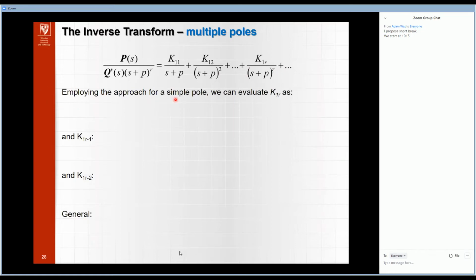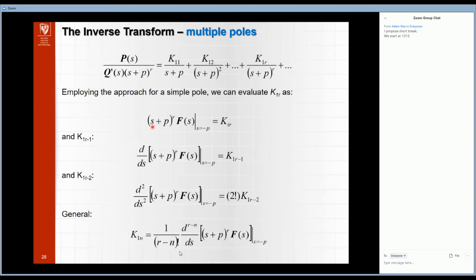We can evaluate K1r in this way, and the same for the others. We just multiply both sides by this value. We start from the largest value of r, and now